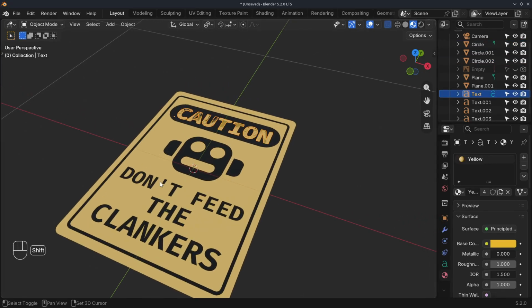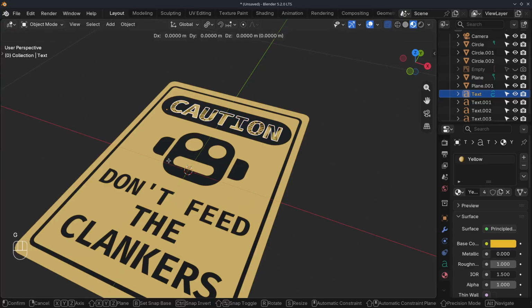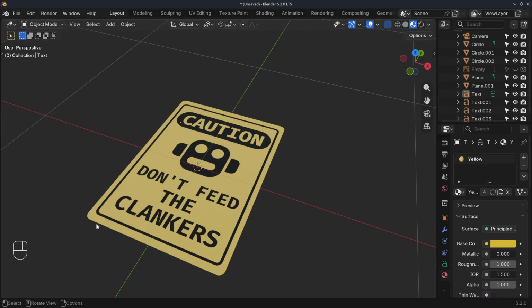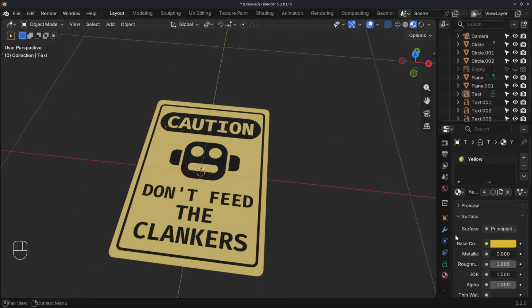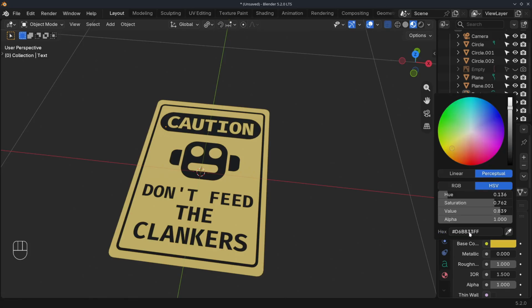And the only thing that's still flickering is the caution. So let's G, Z, Shift and make it so it doesn't flicker. So that's our upscaling section done. Now we just need to export this. So I also changed the color of the yellow. So if you want the exact same color that I'm using, you can put in the hex code